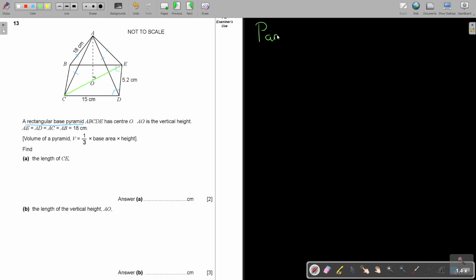You can look at part 2 textbook, chapter 10, and that will be on page 531. Basically, I can see this is a triangle, so Pythagoras theorem. I'm going to say CE squared is equal to 15 squared plus 5.2 squared. And if I work it out and add it up, I will get